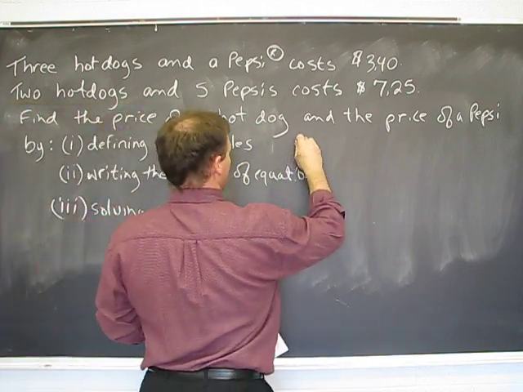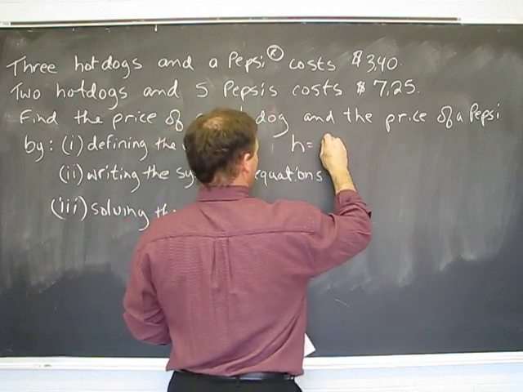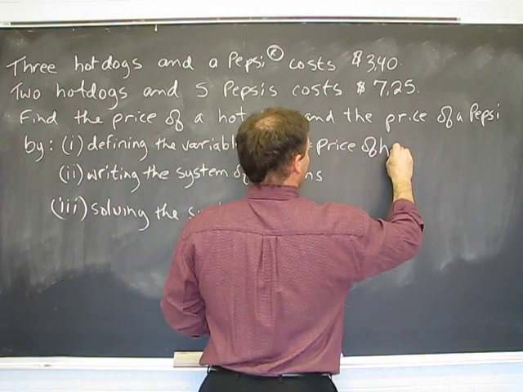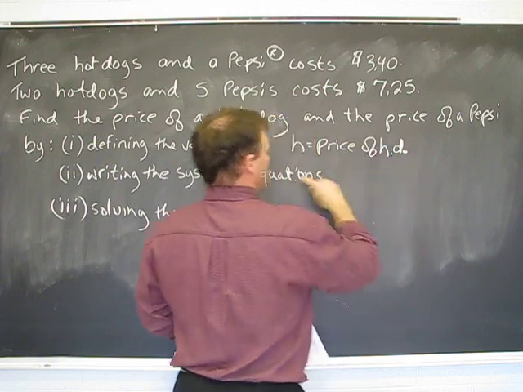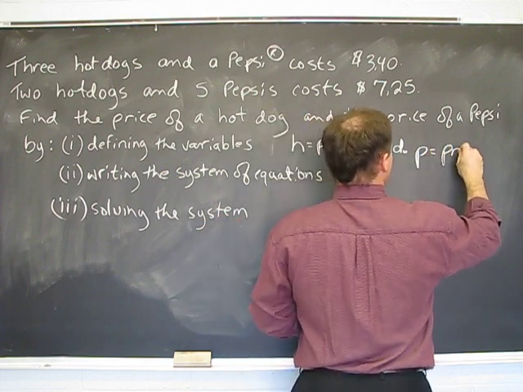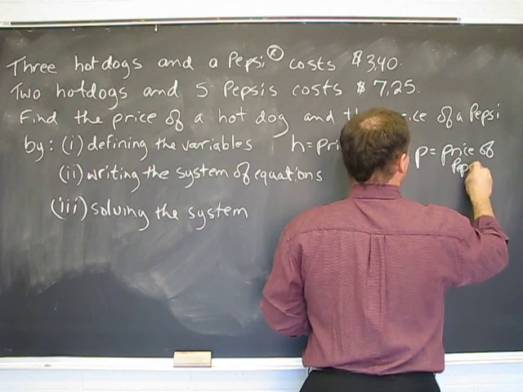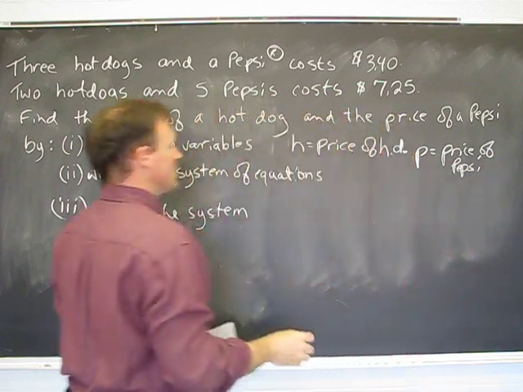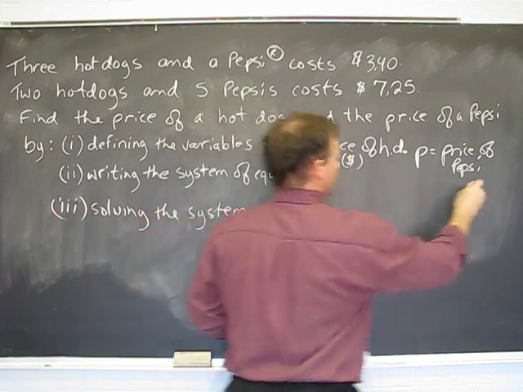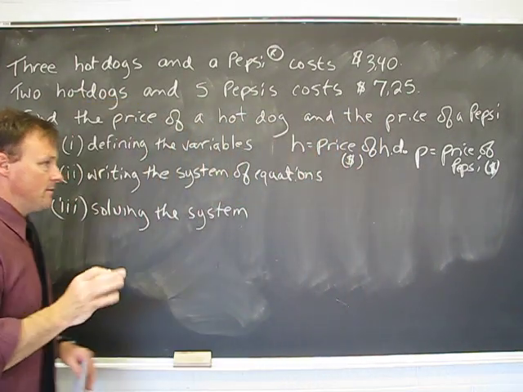Let's choose letters that work. H equals the price of a hot dog. And P is going to be the price of a Pepsi. That's our 2 variables defined, and again, you want to put the units on there, dollar amounts for both of those. If you worked in pennies, it could still work, but you want to make sure you stick with the